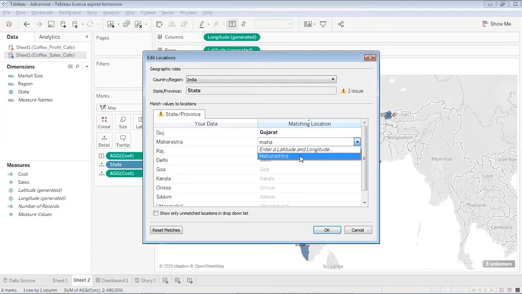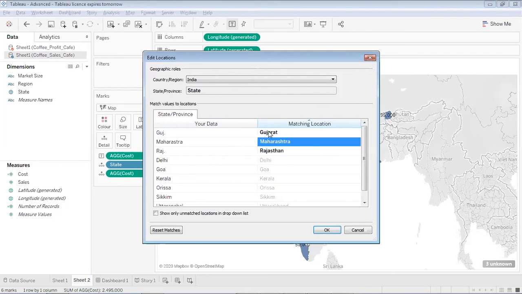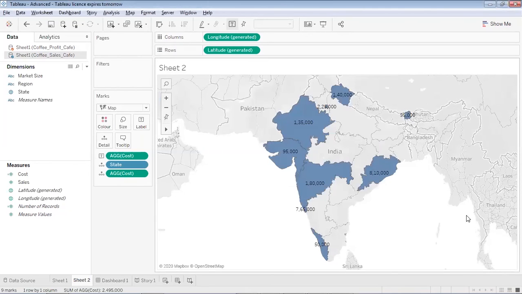Now, if I don't want to do this, I would be willing to add this state with this name only. So I can do that as well. So as of now, I'll not be correcting this state. Okay, or let us correct it once, and then I'll give you another example. So right now we have corrected the spellings for all these states, and now you can see that none of the issues are there for the states. So when I press OK now, these unknowns will be gone. The three unknowns have gone, and now I can see all the states which were there in my data source.